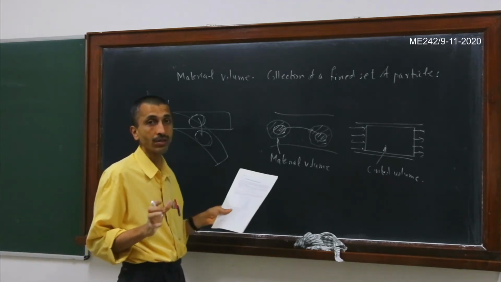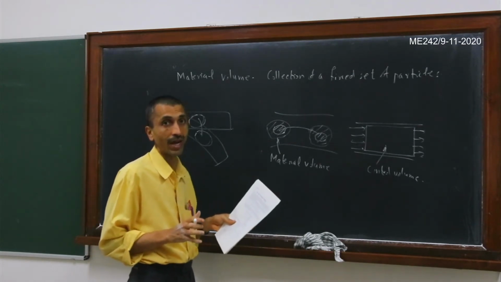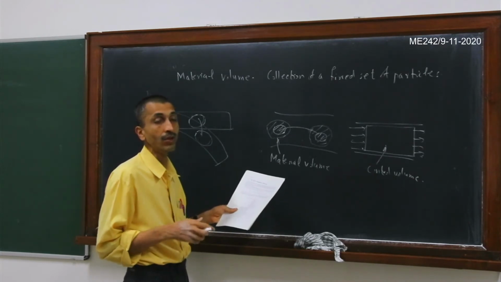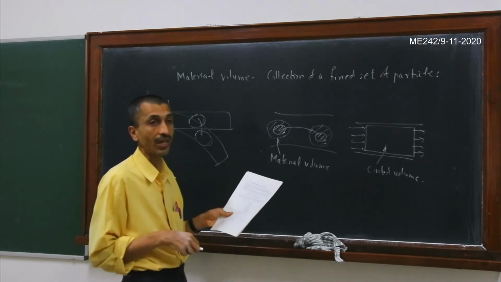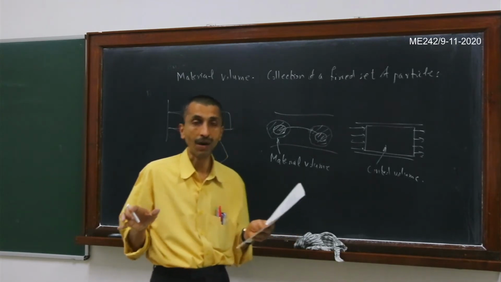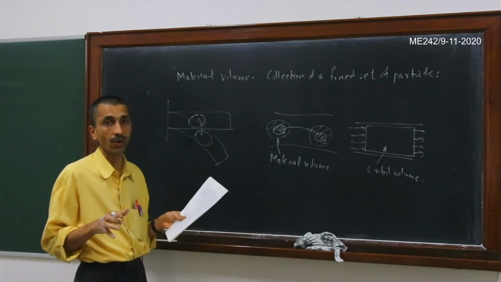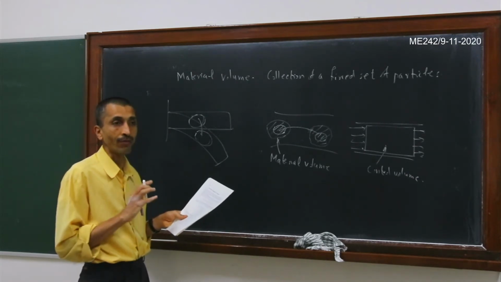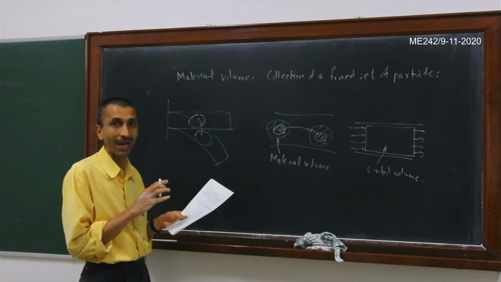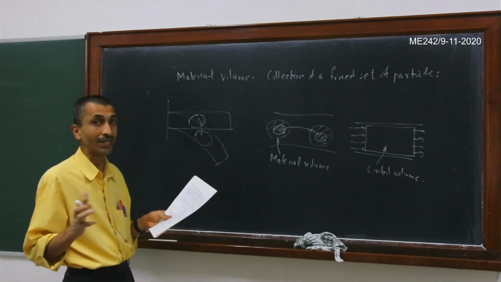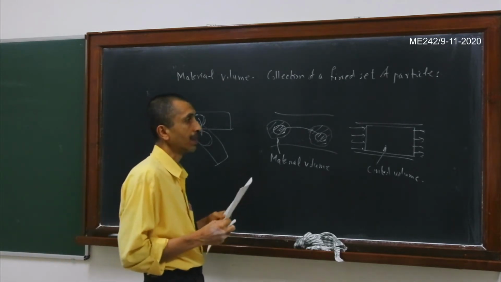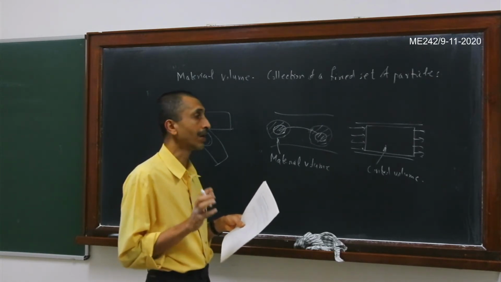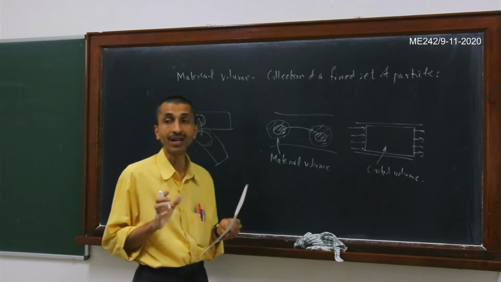All the balance laws are actually in integral form, and they are first stated for a material volume, and then we will use the localization theorem, which we introduced at the end of the tensor part of this particular course. So we will use the localization theorem to go from the integral form of the balance laws to the partial differential equation forms of the governing equation. So this is the standard method that we will follow. Remember that all the balance laws are valid only for a material volume.